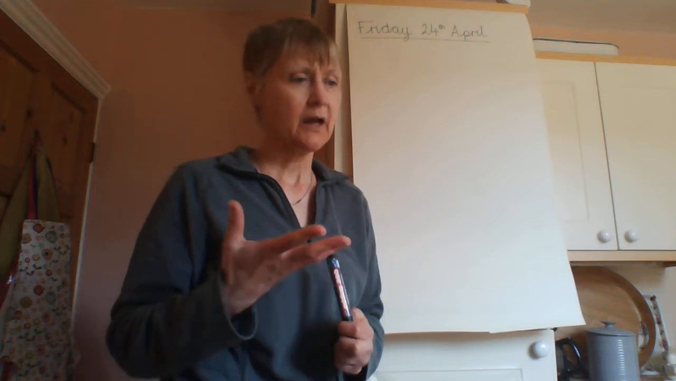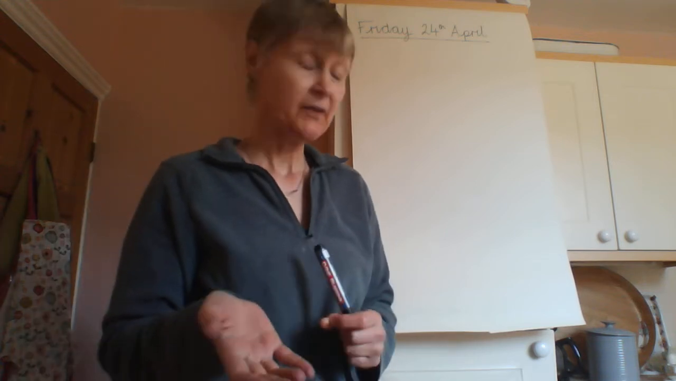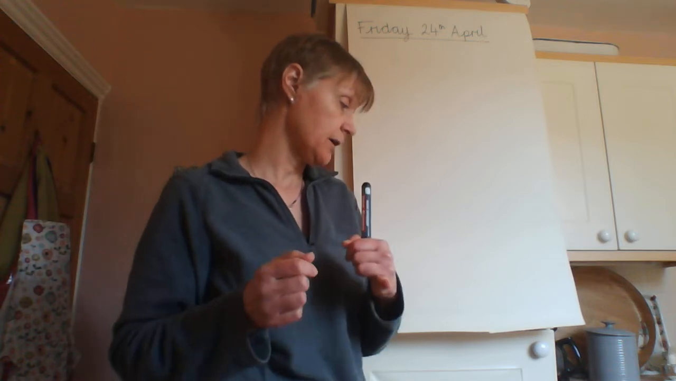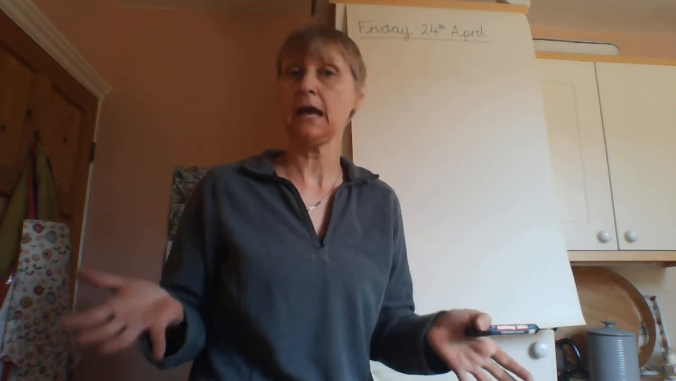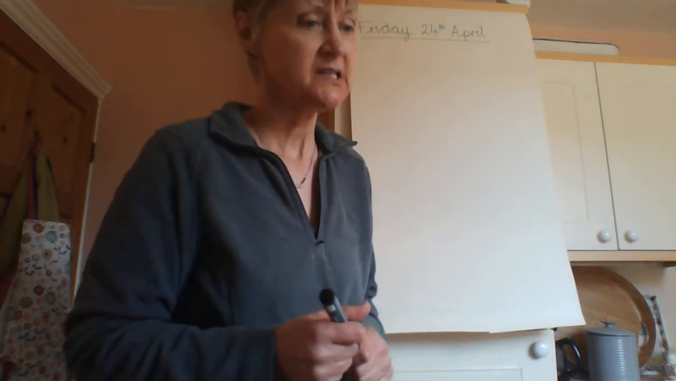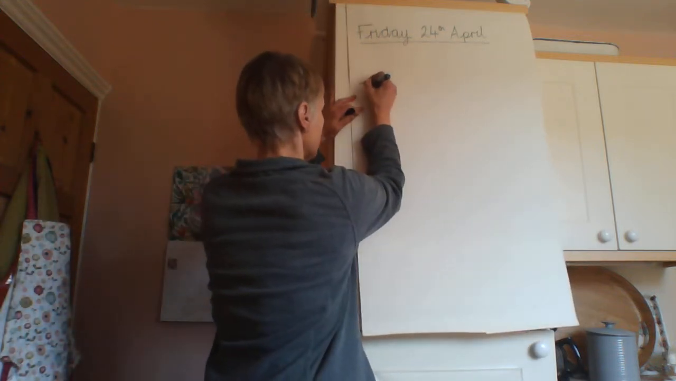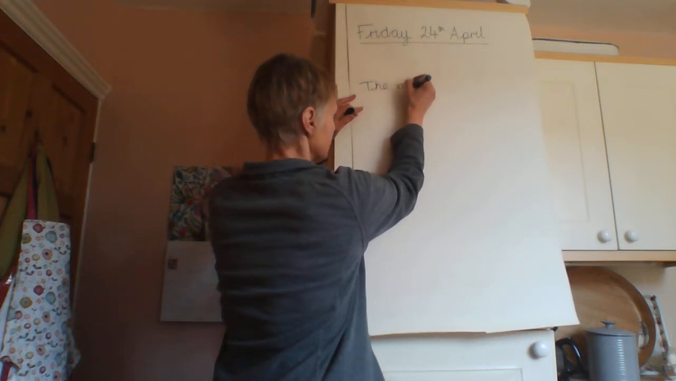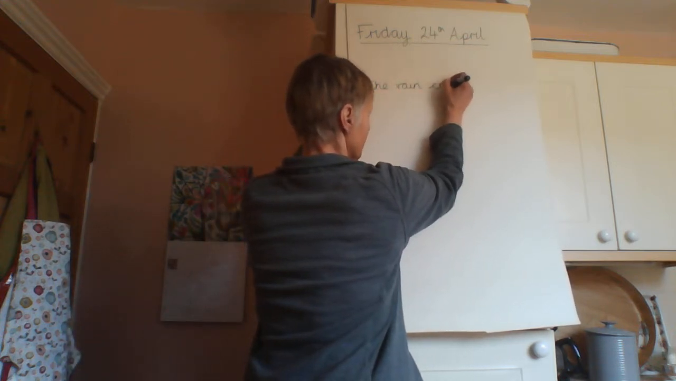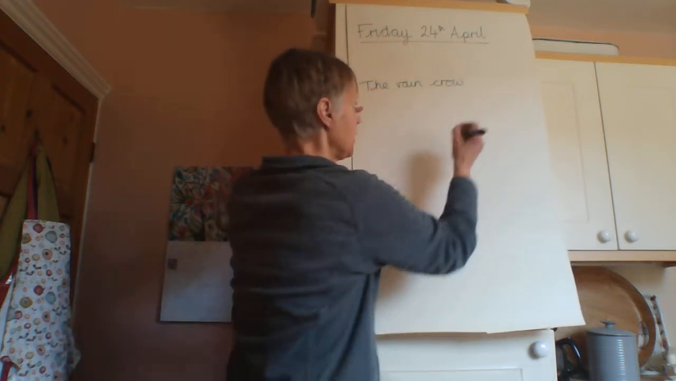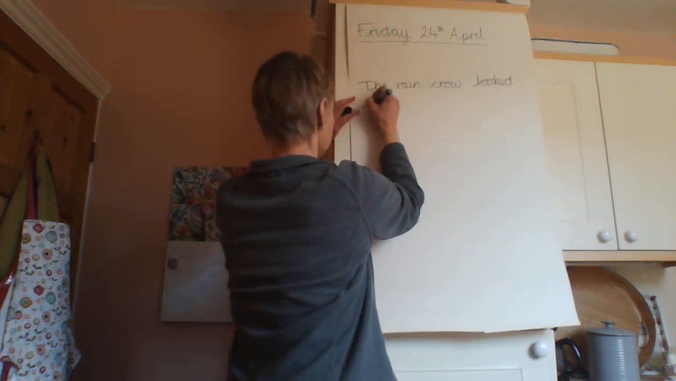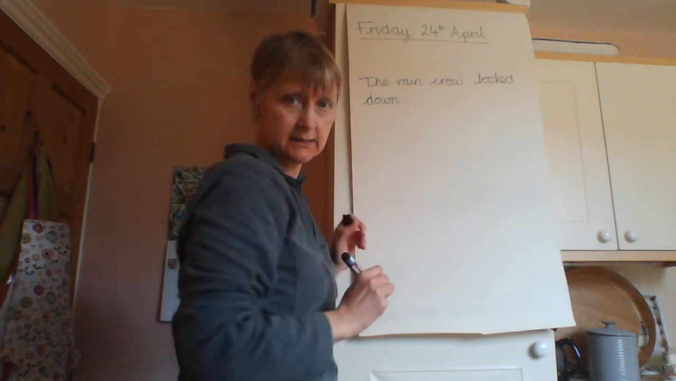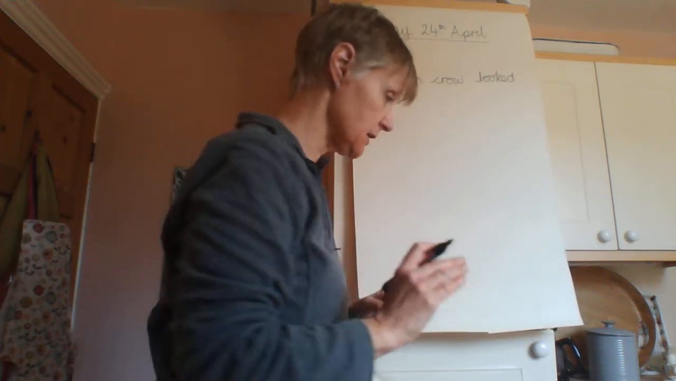So for example, I might concentrate on the crow, and I might say that the crow is vain, and that was one of the words from yesterday, and that was vain meaning having a very high opinion of yourself. Okay, so I might put the vain crow looked down, and I haven't used my power of three yet. I've only used one adjective, so I've got to have three together. So looked down